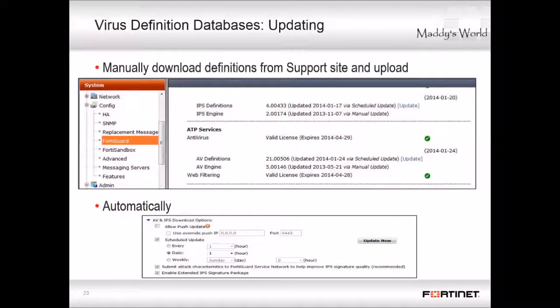There are two ways of updating the virus definition databases. One is to download the definitions from the support website and then manually apply them. You can also let the device update automatically on a configured schedule. As the previous slide already stated, only the virus databases that you've configured the unit to use and apply to